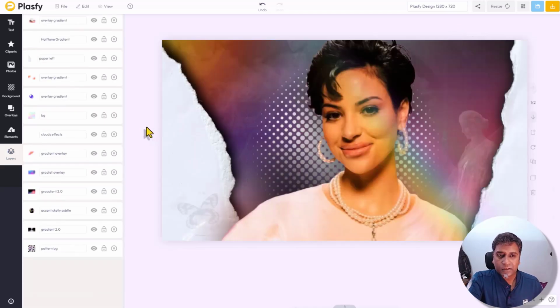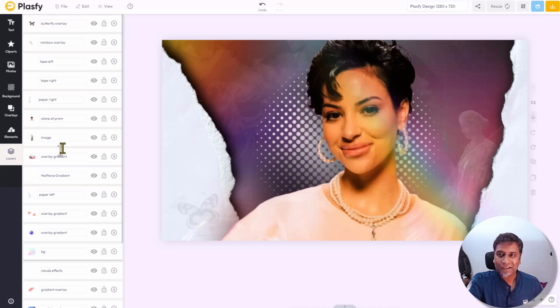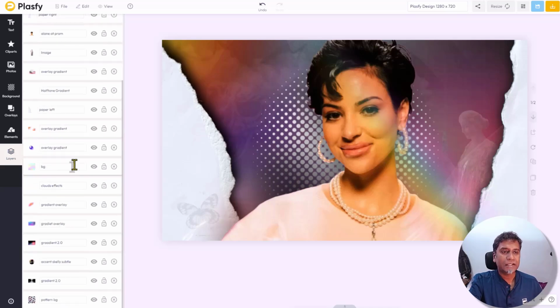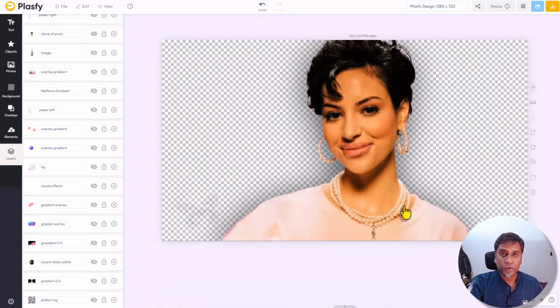All right, here we are at the third design. We're not going to take too long for this, but there are a lot of layers in this as well. Okay, so it goes on to tell you that if you want to create eye-catching designs, you need to use a lot of elements, layer them, stack them up one over the other, and play around with the opacity and other settings to create that desired effect that you're going for. So let's look at it. So we have the cutout image, which is the image of this woman, and then let's start with the background.